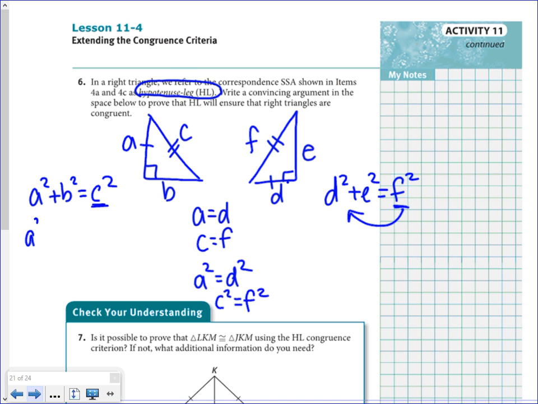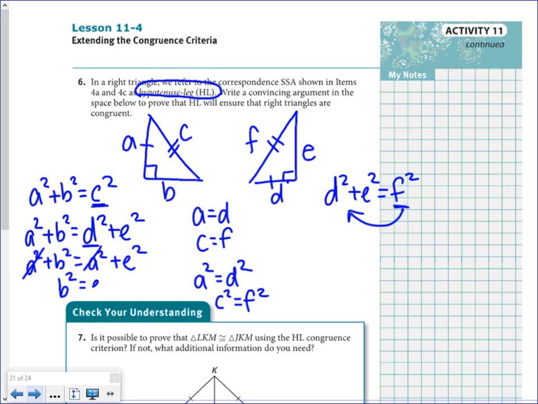So I can say a squared plus b squared equals d squared plus e squared. And then I know a squared and d squared are the same thing. So a squared plus b squared, we can replace d squared with a squared. And then your a squareds would cancel out, leaving you with b squared equals e squared,